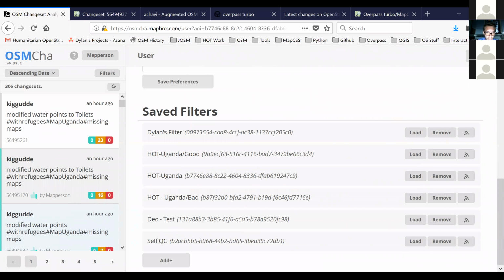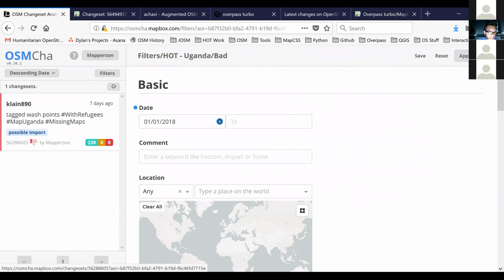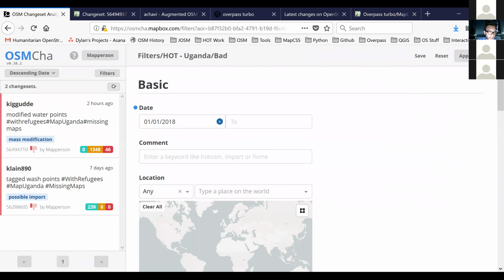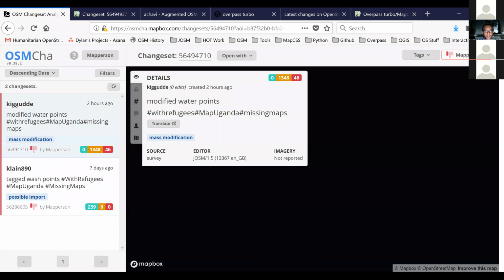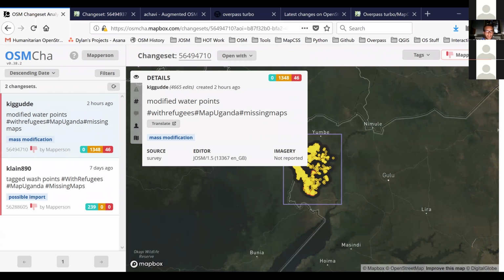Now I've already done that, so let me load my bad Hot Uganda dashboard, and we'll see one that came in from Alan earlier today, and the one I just reviewed of Deo's. So both of these are thumbs down. Now what this does is this allows me to, again, come back, inspect these again, maybe load them in JOSM, run validation checks, inspect the data further, and just have a general list of data that we're definitely not sure is accurate, that we definitely want to come back to and review. So with that being said,